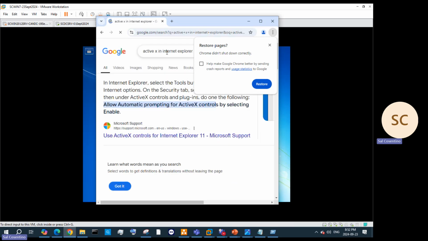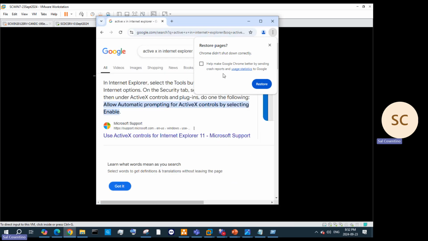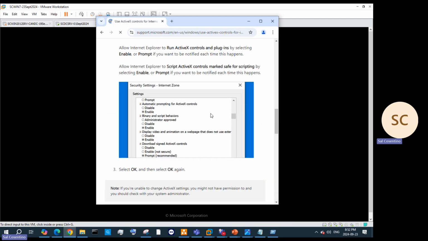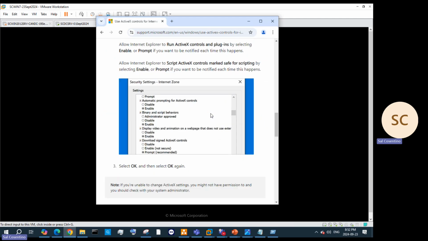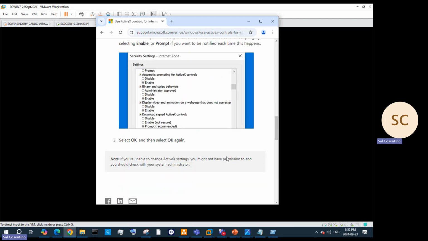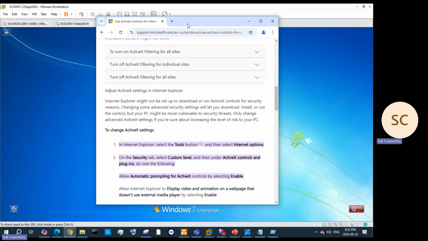Remember, all these applications are deprecated, so enable ActiveX as well. That's a feature that we forgot to mention, and that will actually display the video animation on a web page. So let's see if we can get that going on our